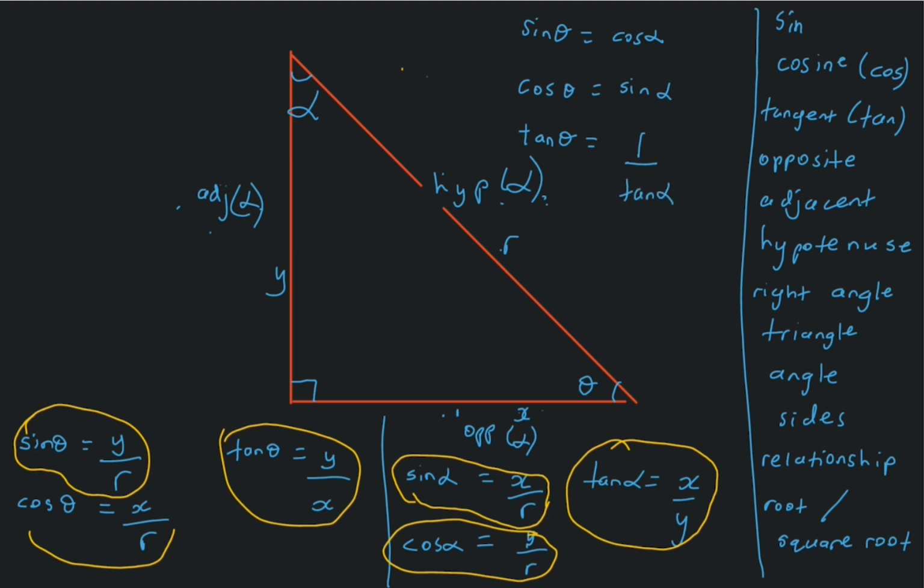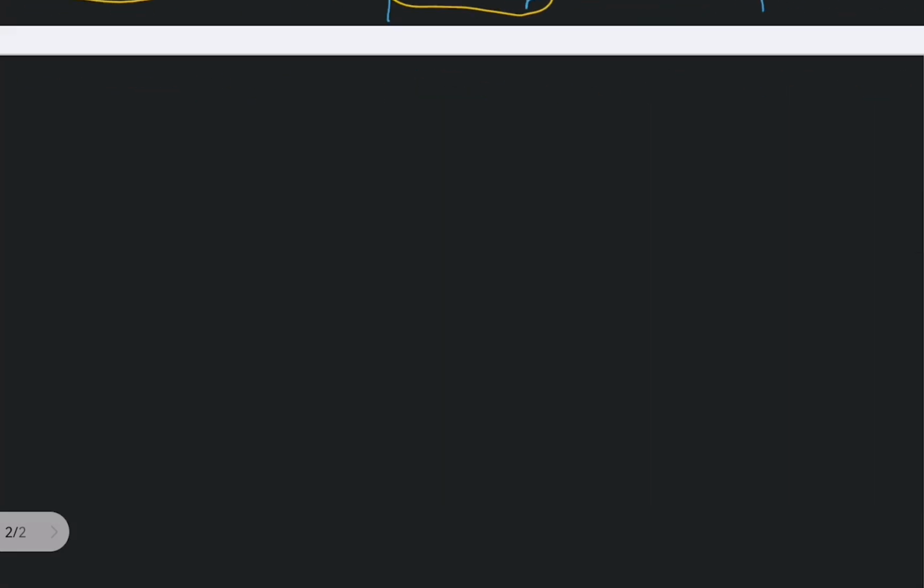Why? Because what is the tangent of alpha? The tangent of alpha is equal to x out of y. 1 out of the tangent of alpha is equal to 1 divided by x out of y, which gives us y out of x, which is the tangent of theta. Great, now let's move on. Now let's try to put in real angles, okay? And we are going to